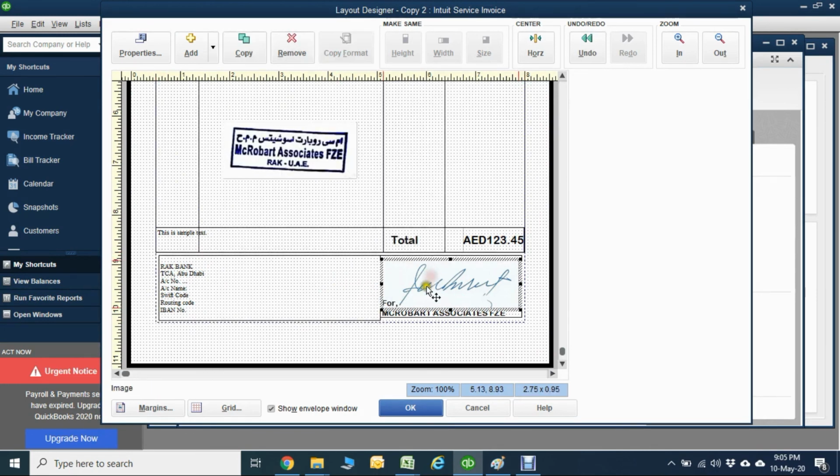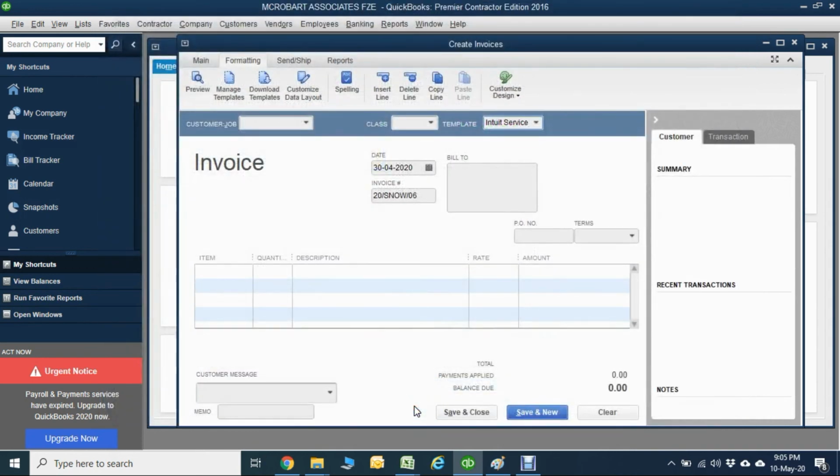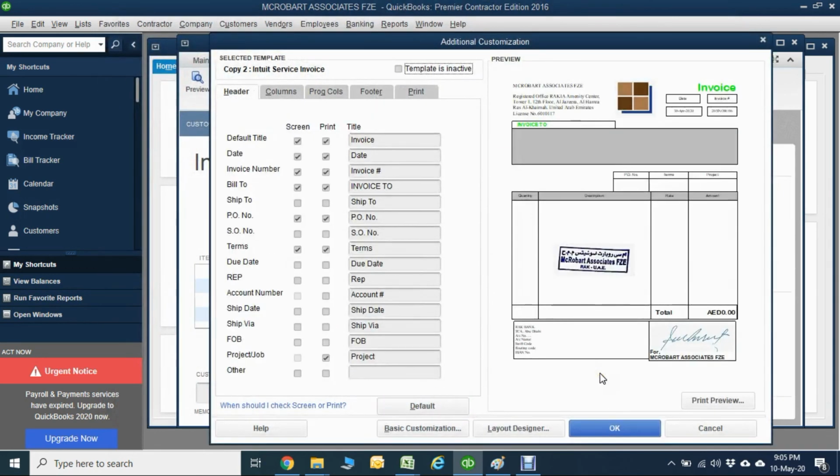Okay, and also alignment. Be careful about the alignment. Make it same. Okay, then now done. See how it looks like. Yes, now it's fantastic. Your invoice format is ready.